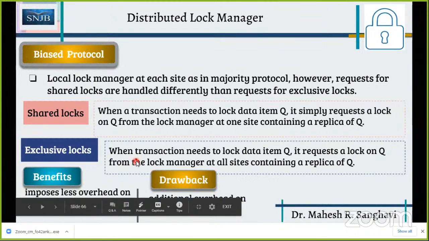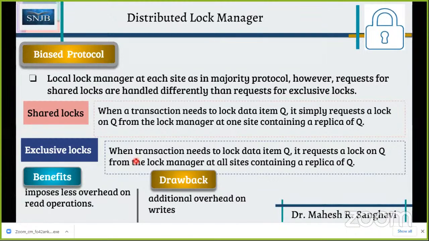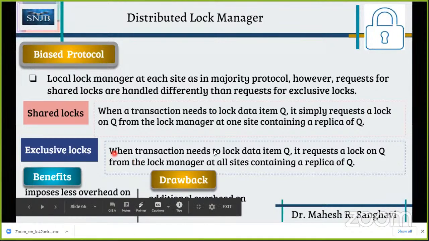Let's take an example of data item A. I'm updating the value of A from 50 to 100. The moment I'm doing this, it may take some time, and in between, if somebody is reading that particular value, it may read the old value like 50, but it was expected that the updated value should be read. So in case of exclusive lock mode, we need to lock the data items available on each and every site. I'm talking about replicas of all the data items that we need to lock in case of your